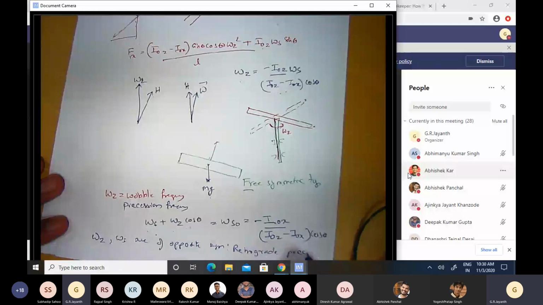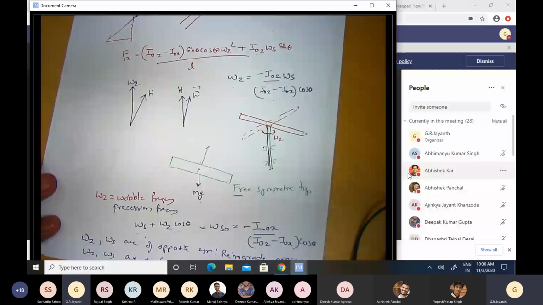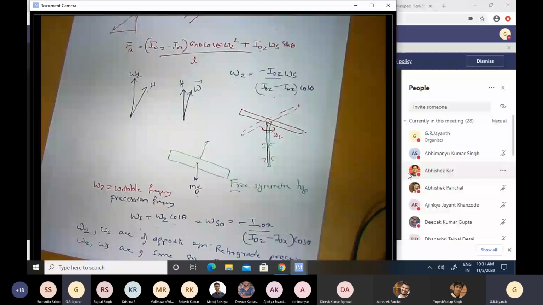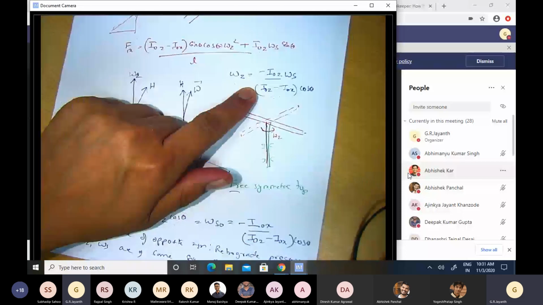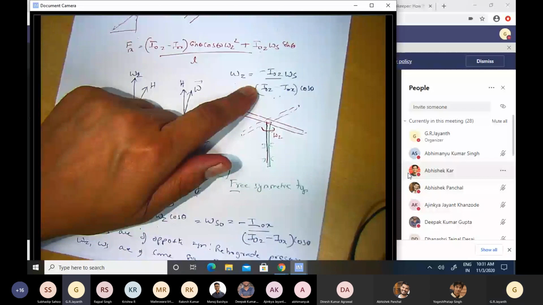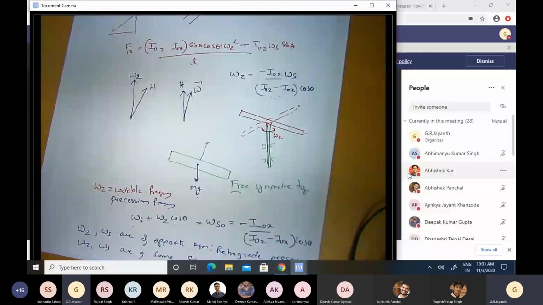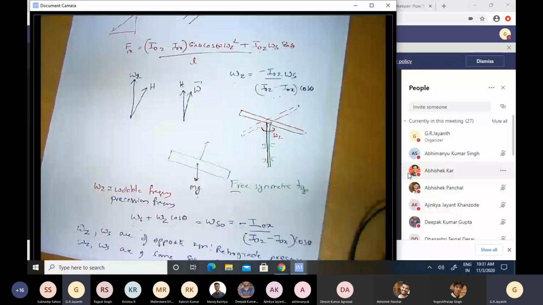When omega z and omega s are of the same sign, it's called direct precession. So if it is a cylinder, for example, then it's possible for I0x to be greater than I0z, although that is not true for a plate-like object like a frisbee. But in that case, these two can still rotate in the same direction, and you can have the angular momentum aligned only along the z-axis, and the x components cancel one another. But in this case, one has to be in the opposite direction relative to the first one.